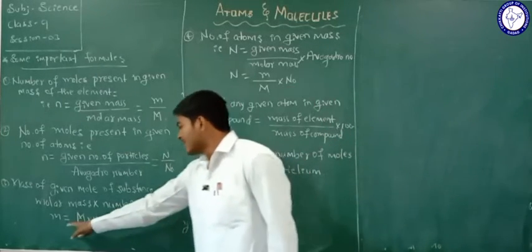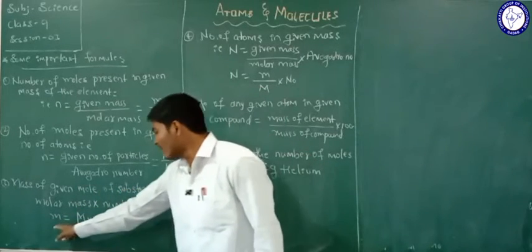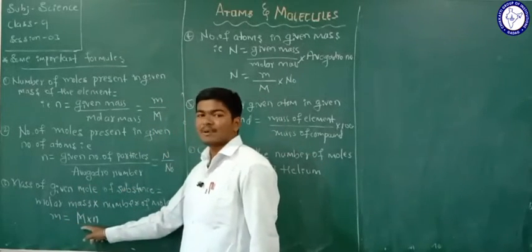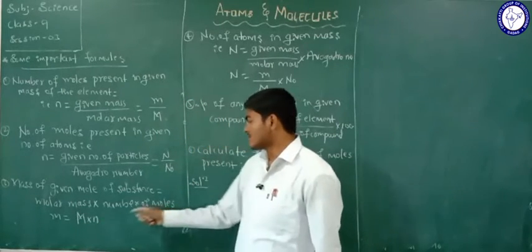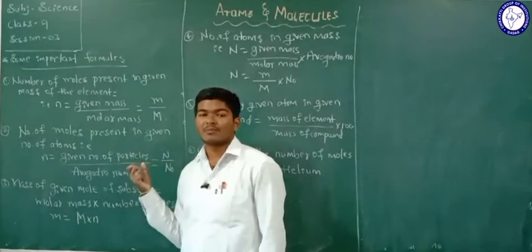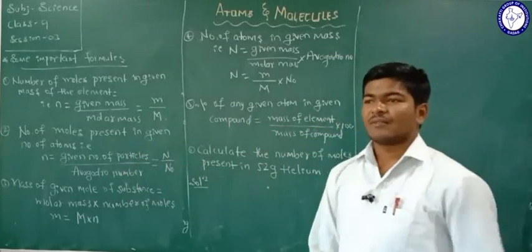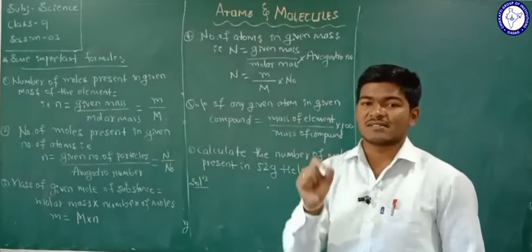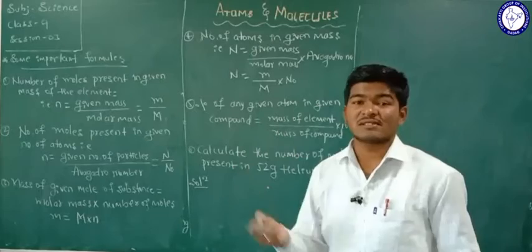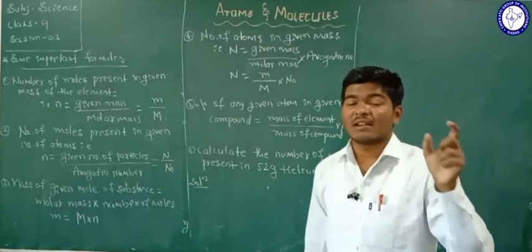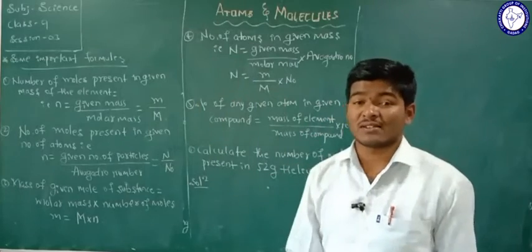That is, small m, the given mass of the substance, equals capital M, the molar mass, times small n, the number of moles. If the question asks what is the mass of oxygen if we consider 6 moles of oxygen,